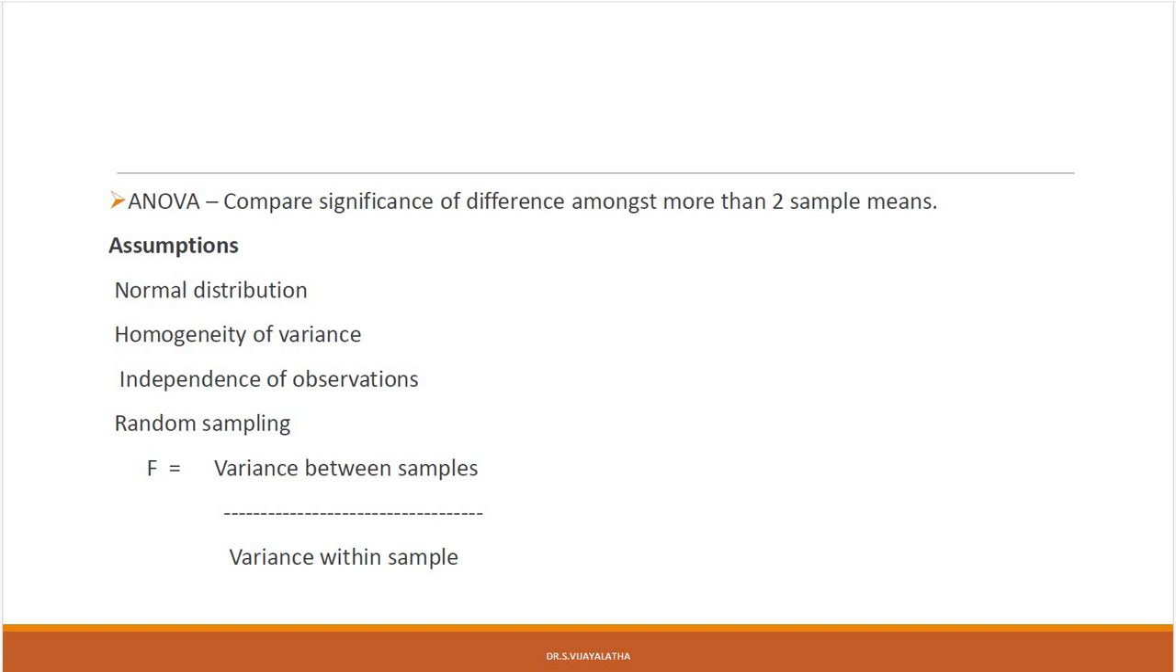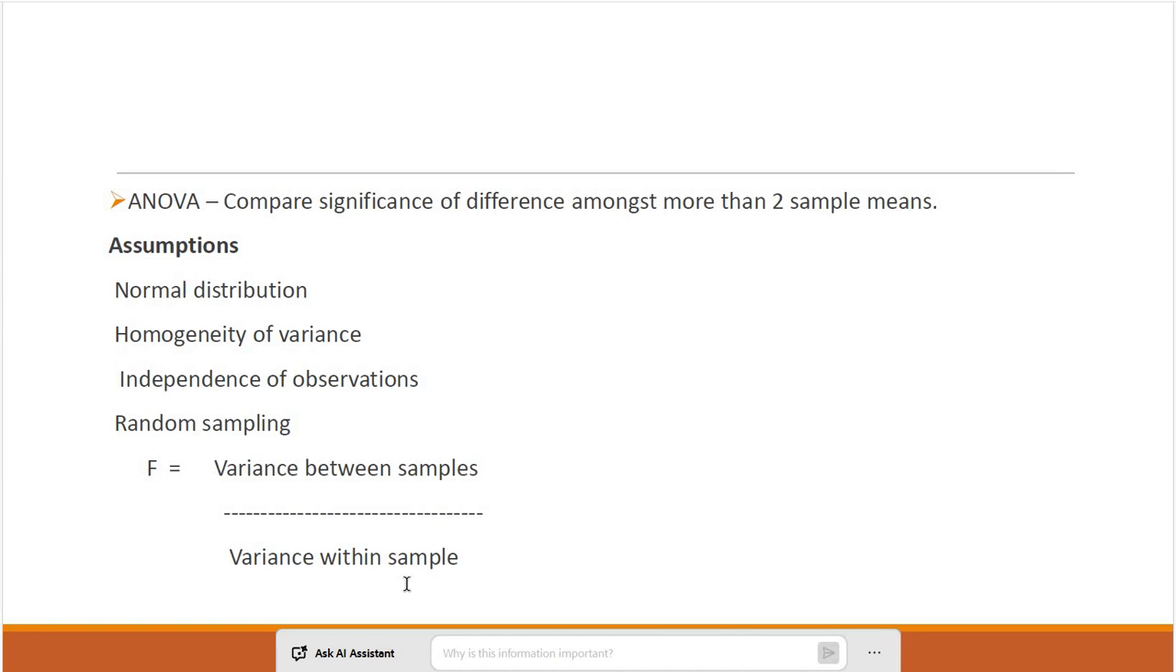The assumptions for ANOVA are the data within each group should be approximately normally distributed. Similarly, the variance of data within each group should be approximately equal, and the observations should be independent of one another, and the sample should have been selected by random sampling. The test characteristic that we calculate in ANOVA is F value, which is given by the variance between samples by